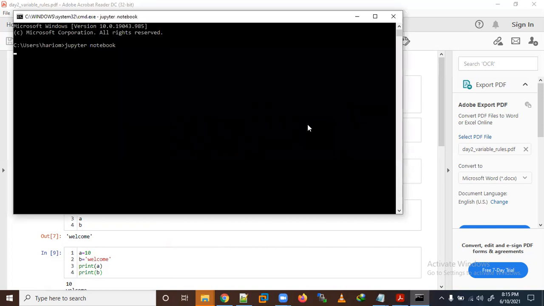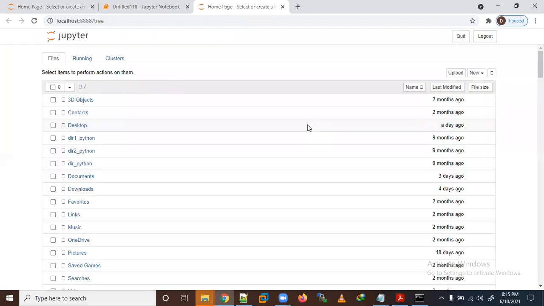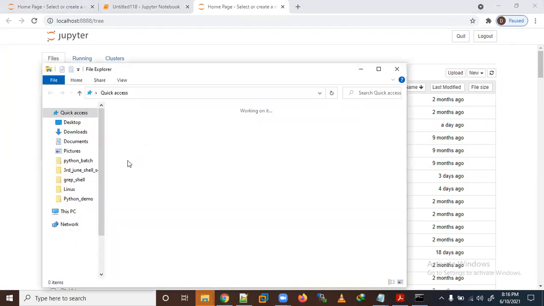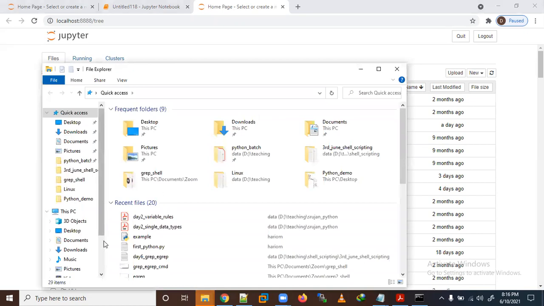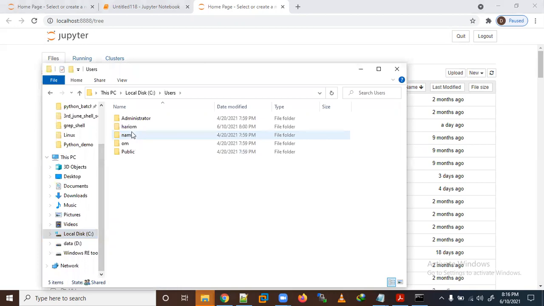It will automatically redirect to your browser and open. It shows the location, which is your C drive, Users, and your username, Hariom.